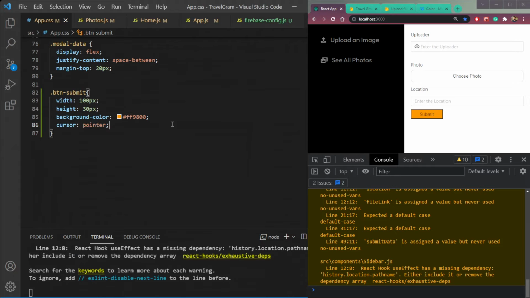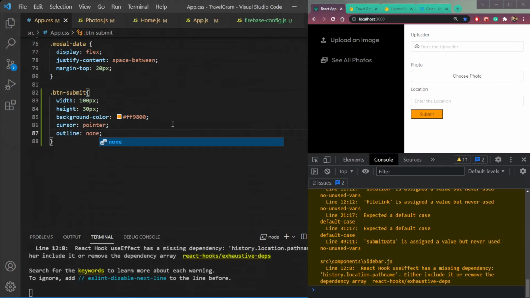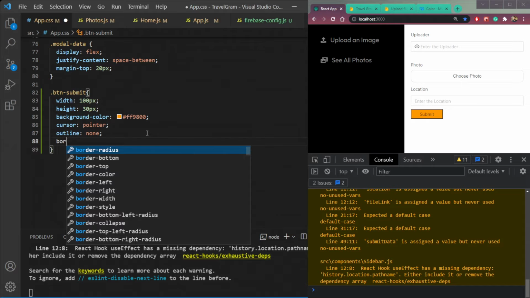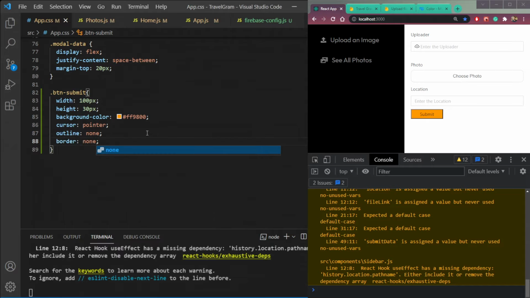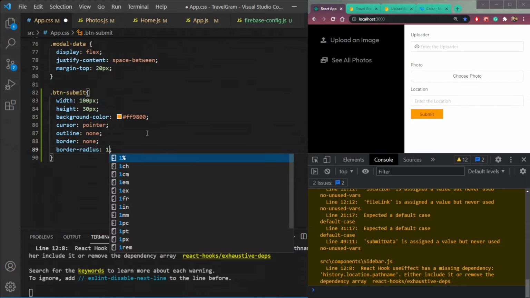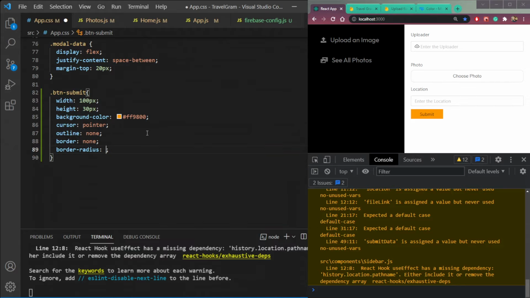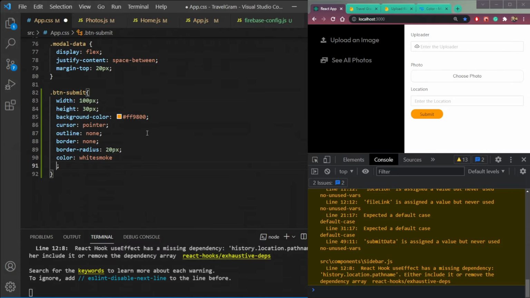So it's pointer. Outline none. Border to be none as well. Okay, fine. Border radius, sorry, it's radius, so make it 20px. Let's see. It's now rounded. And the color of the text. So color is white smoke.